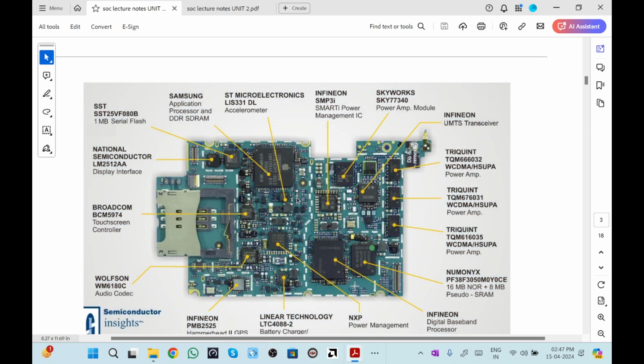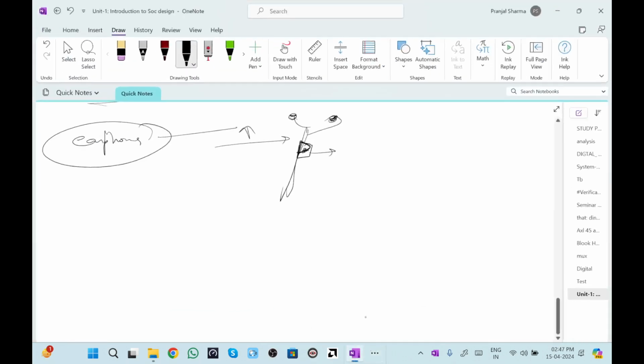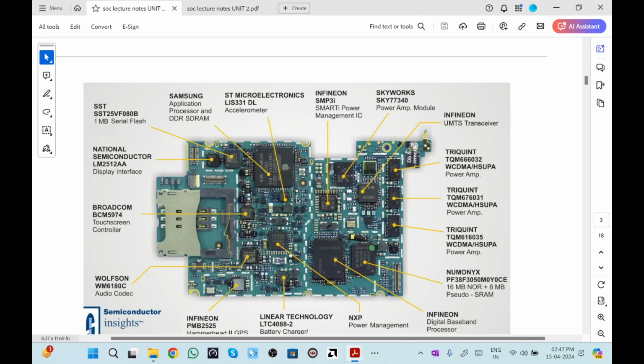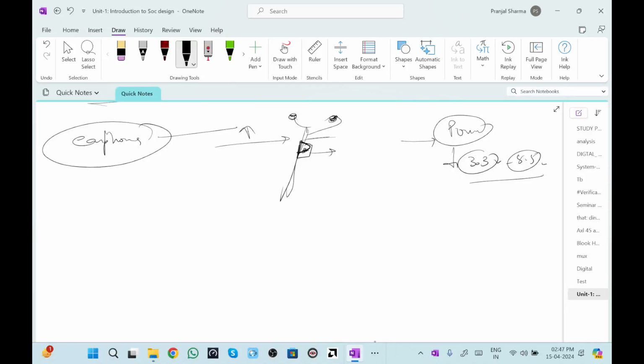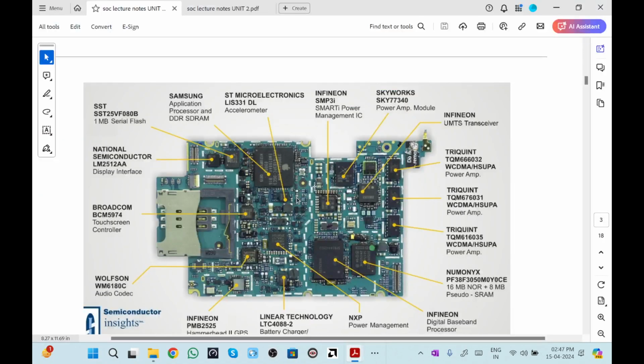Also, the power which mobile phones use is from 3.3 volts to 5.5 volts, that's the average I'm assuming. So just by 3 volts of power, we are driving heavy devices like earphones, which are quite heavy for the mobile phone to operate.